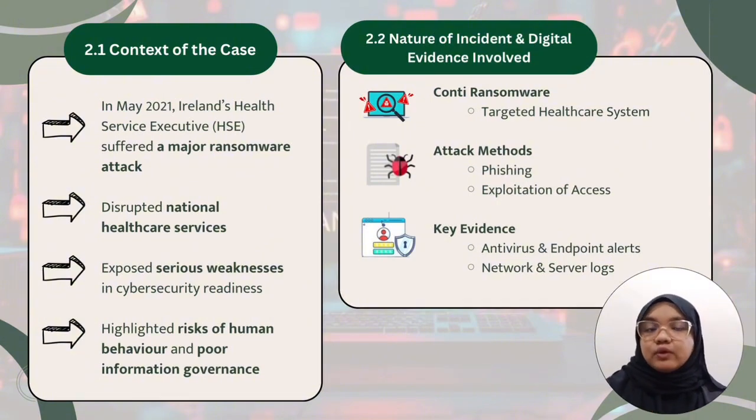So before launching the ransomware, the attackers spent weeks conducting surveillance across the network, browsing directories, accessing domain controllers, and also exfiltrating sensitive data. From a digital forensic perspective, several key types of evidence were identified later on, which are antivirus and endpoint alerts that had warned of malware activities days before the attack, network and server logs, which showed